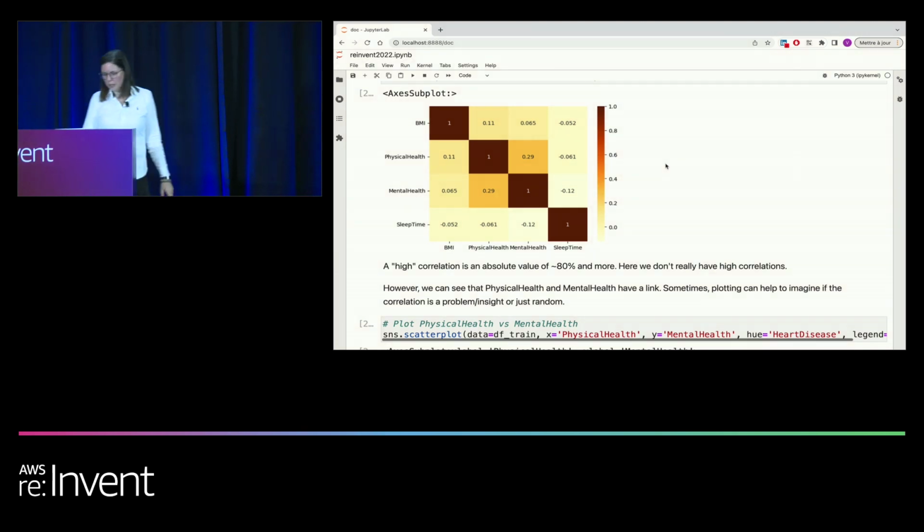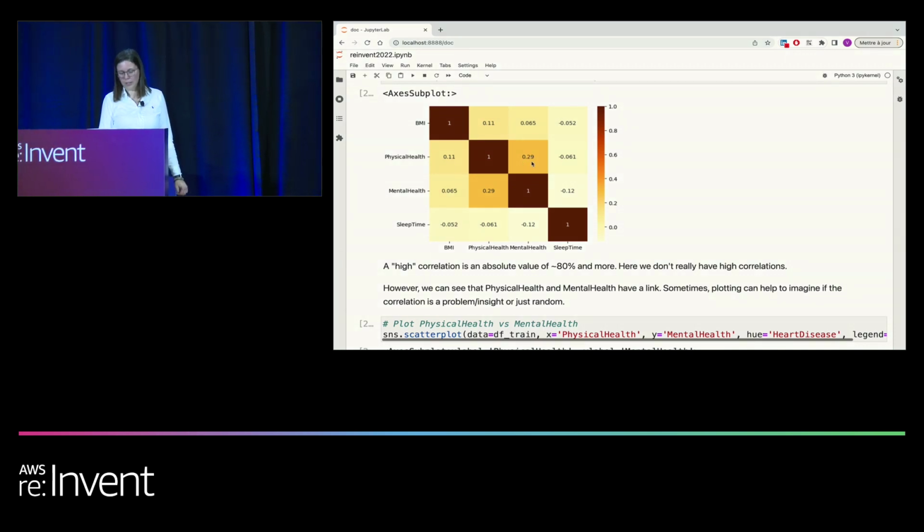The most correlation is of 0.29, it's not that much. We are thinking that the high correlation is something that is higher than 0.8 or 0.9, so here we are okay. If you want to be sure that it is not a very important bias, you can do scatter plots,